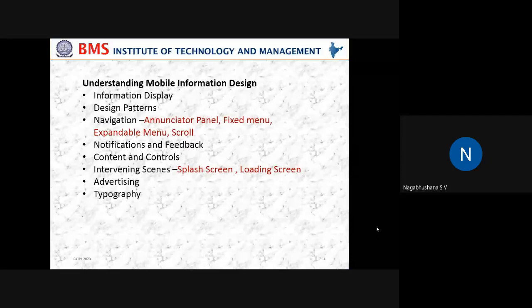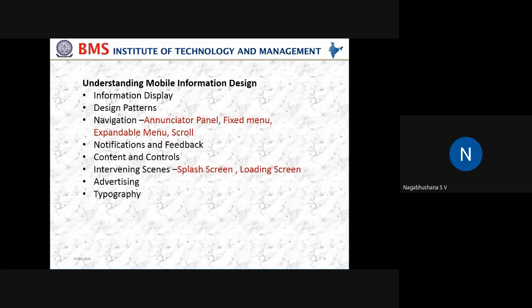So the first concept is all about the information display. What is the information display? You have to keep a goal in mind when crafting mobile applications, because mobile applications are not generally used for extensive browsing or very complex searches like how you do it in Google.